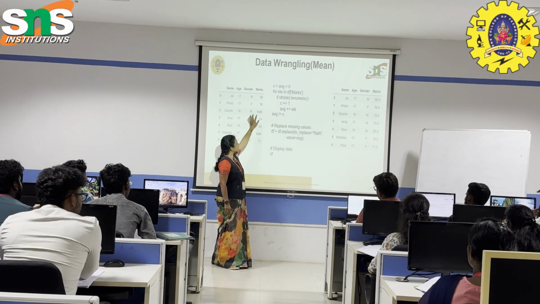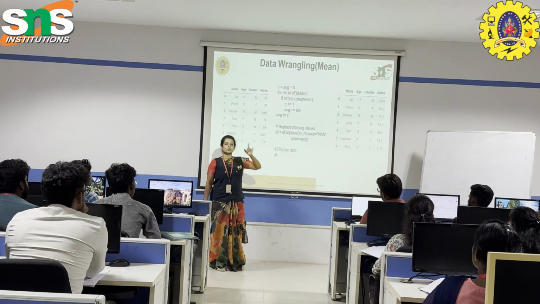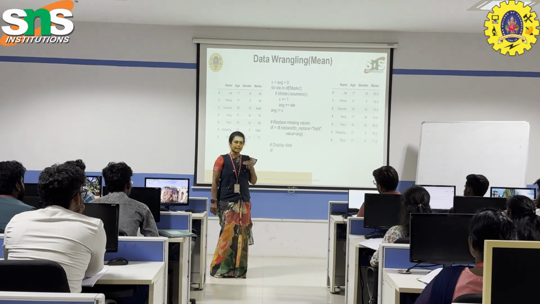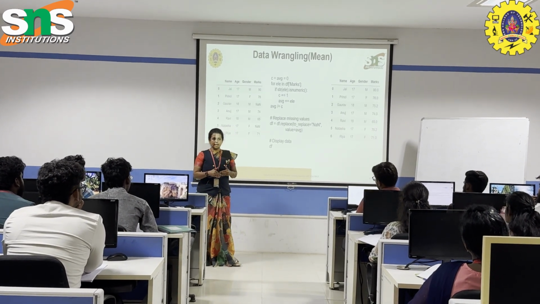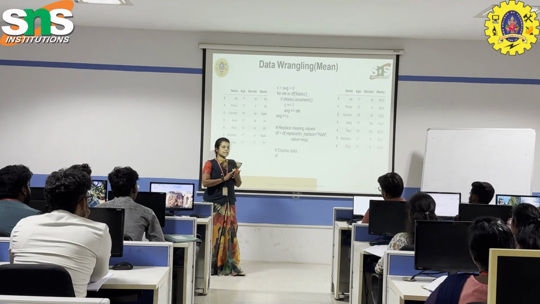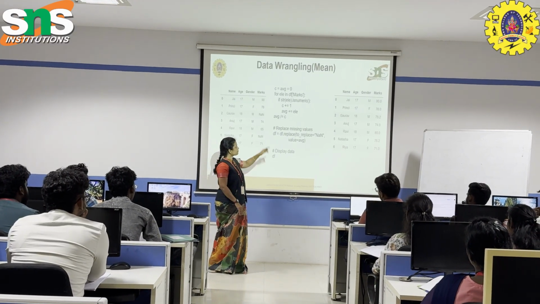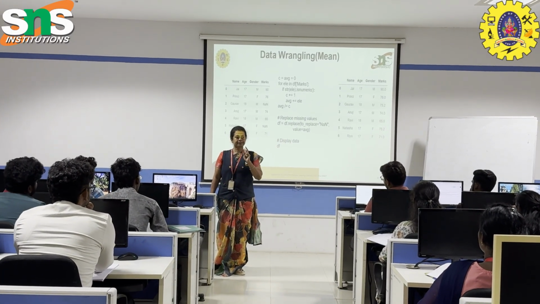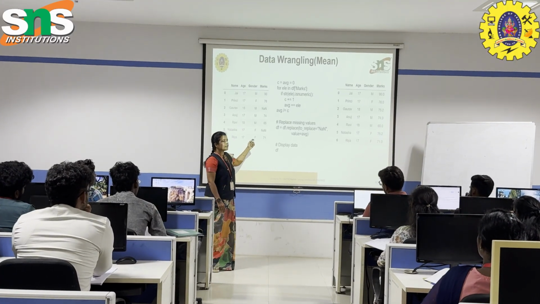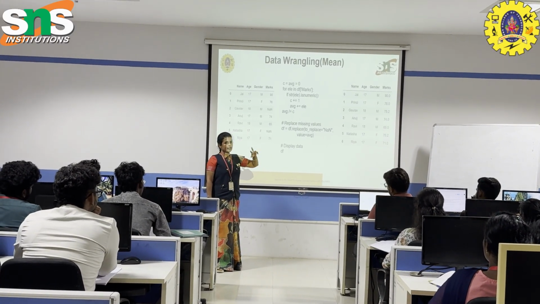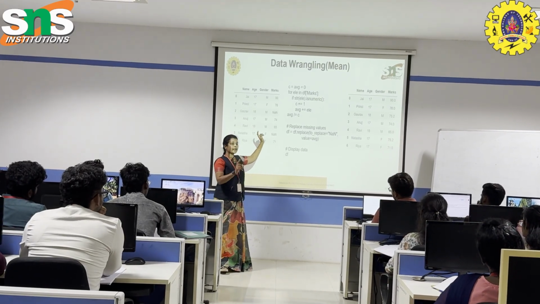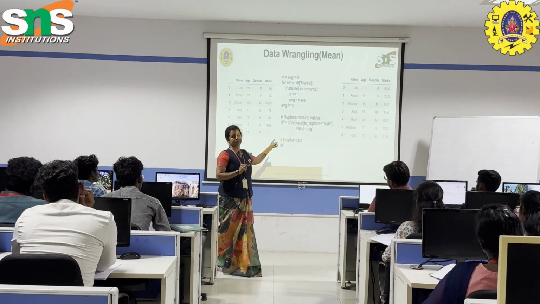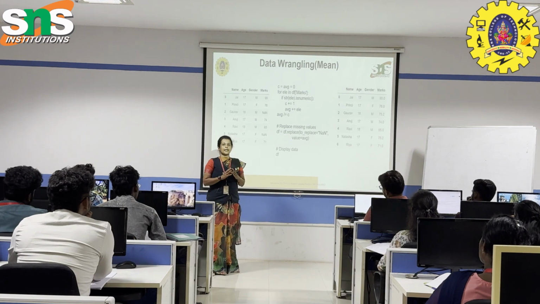What's the second value? 76. 76 is assigned to ELE. Check whether 76 is numeric or not. Yes, the given condition is true, so it will enter into the condition. What's the first statement? C is equal to C plus 1. The previous value assigned to C is 1. 1 plus 1 is 2. What's the next statement? AVG is equal to AVG plus ELE. Already we assigned the first value 90 to AVG. Now AVG is equal to 90 plus, what's the second value? 76. Hope you understand, guys.